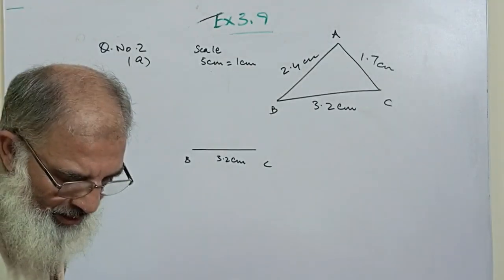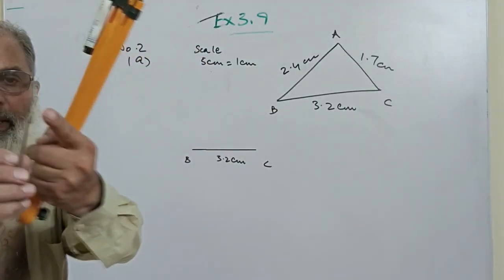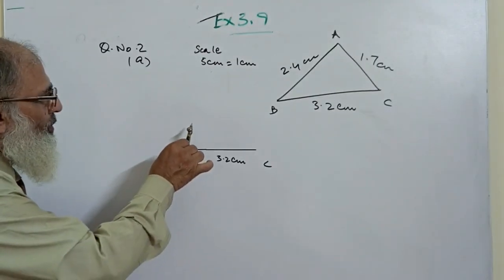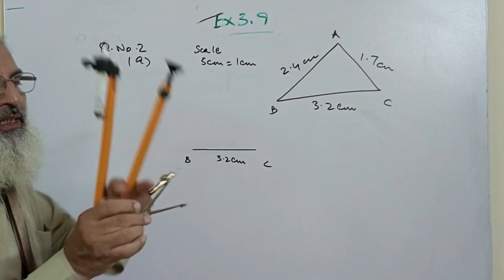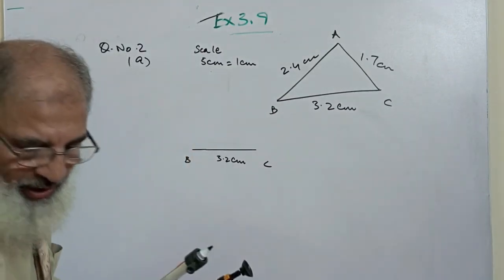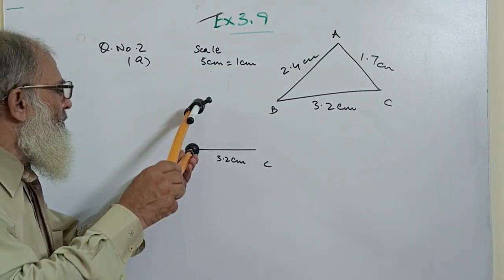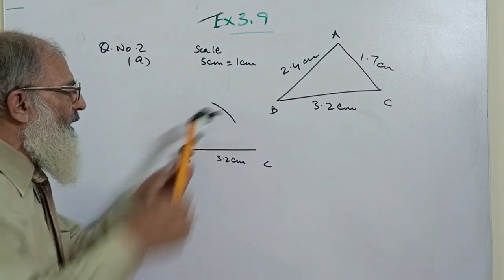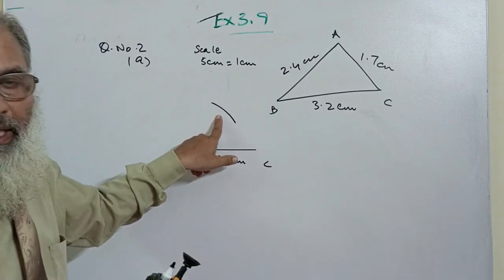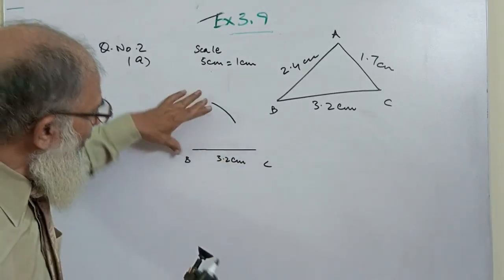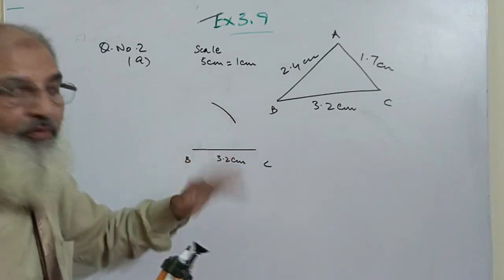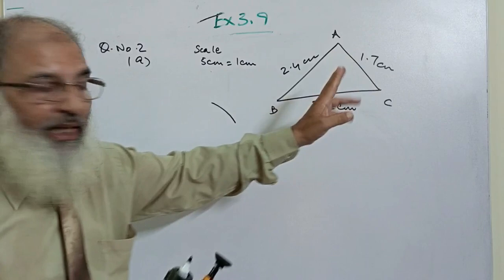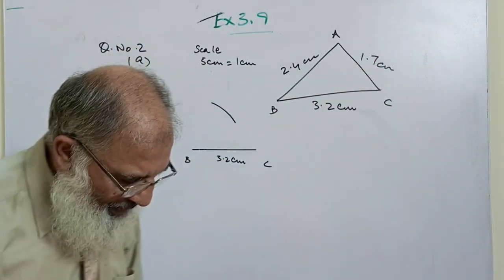I'll keep this point over here, and we'll draw. Now this point is over here. I'll draw an arc. You see, I have drawn an arc. Now I don't know where to cut this arc. For the next step, I'll be knowing that 1.7 centimeters. Now 1.7